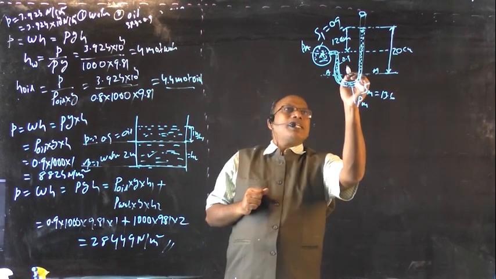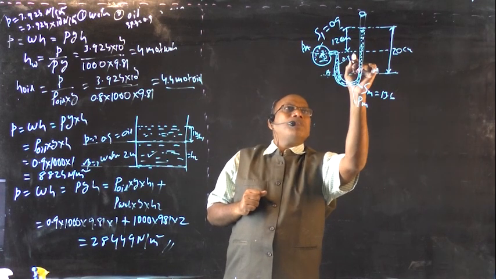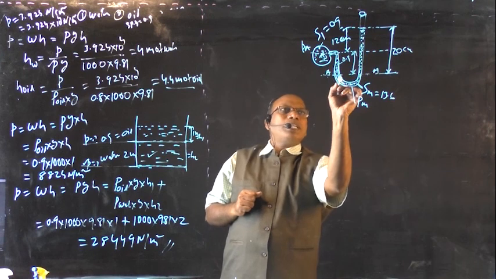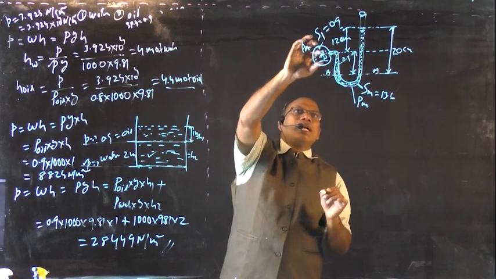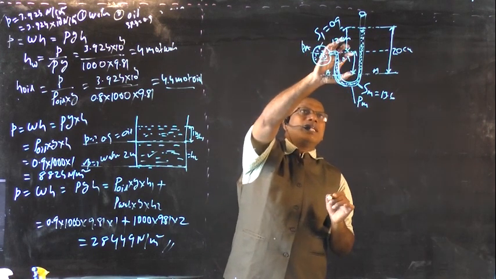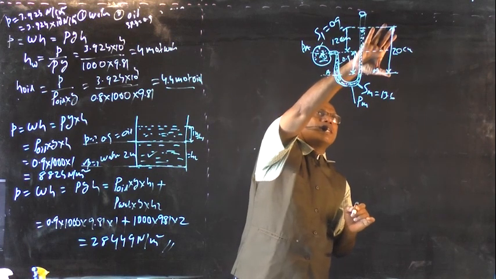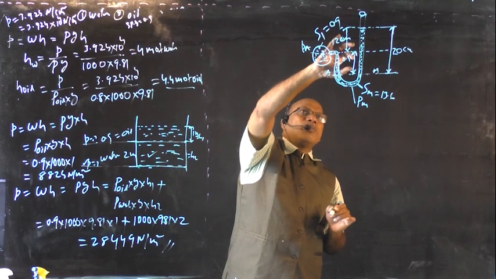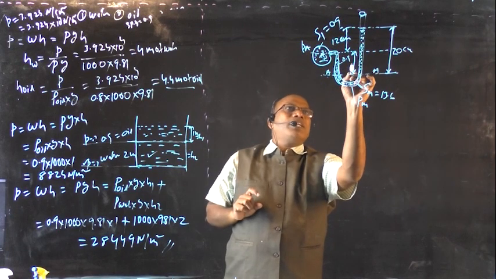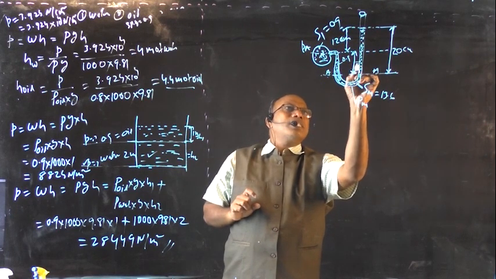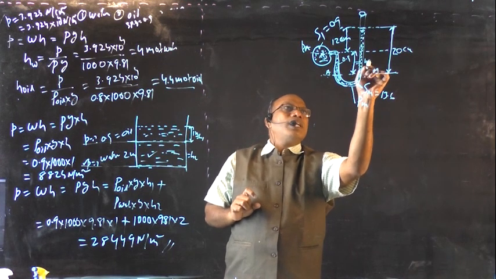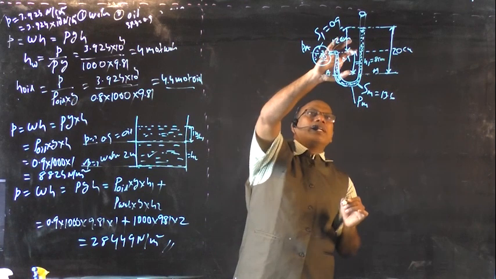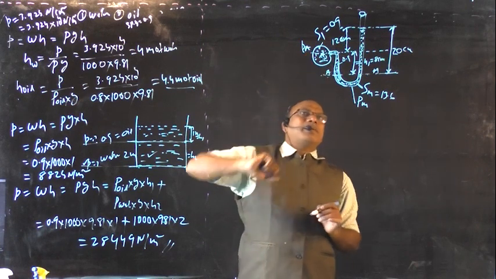One left side pressure is because of the liquid column. Up to this point, this is the liquid flowing in the pipe. What is the depth? The total depth is 20 centimeters, and this is the 12 centimeters. Automatically the depth of liquid H1 is equal to 8 centimeters. The depth of liquid in the left limb is 8 centimeters.